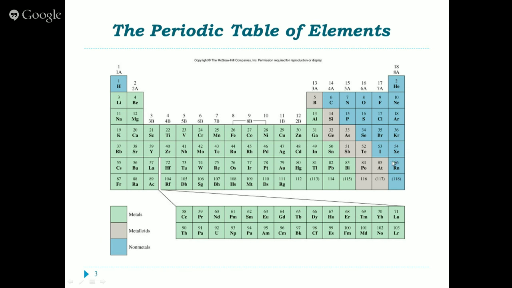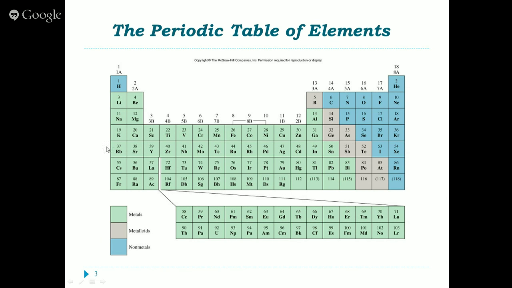Our nonmetals over here do not conduct electricity well, nor conduct heat well. They also tend to be gases at room temperature, versus almost all of our metals are solids, the exception being mercury. We do have a couple solids, carbon, phosphorus, sulfur, and iodine for our nonmetals, and bromine happens to be a liquid. In between our nonmetals and our metals, we have a group here called the metalloids or semimetals, and this is because they have properties of both the metals and the nonmetals. Silicon is a semiconductor, so it does not conduct electricity very well, but it can be doped to conduct electricity better.